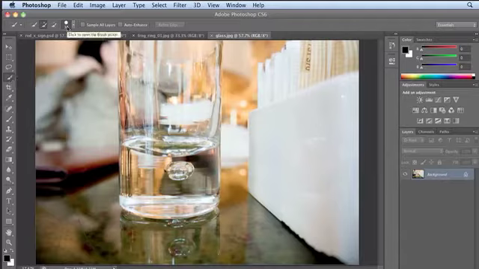The Quick Selection tool uses a brush in order to paint in a selection area. I clicked and dragged and safely let go. But you may notice, as I'm painting with this tool, I'm very careful not to cross this circle outside the edge. When you cross outside the edge, that's when you'll get parts of the image that you aren't trying to